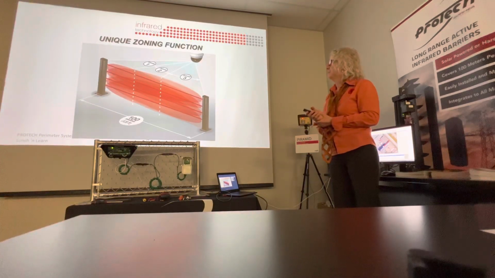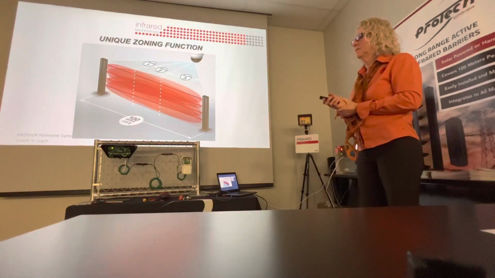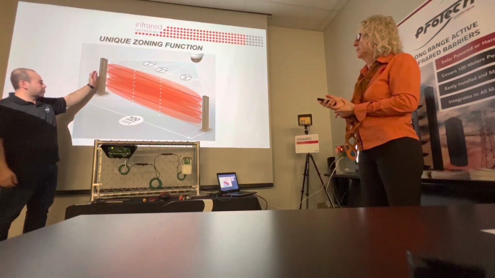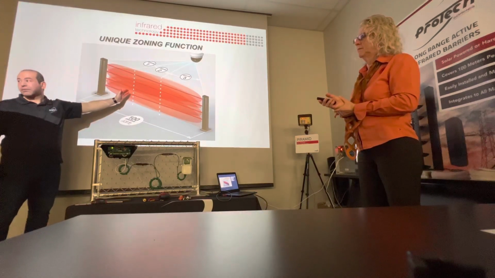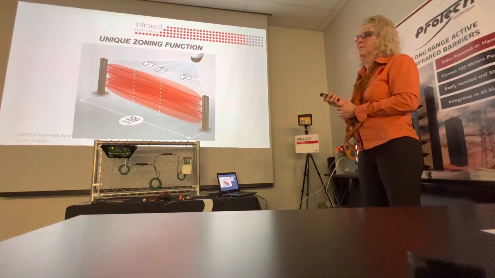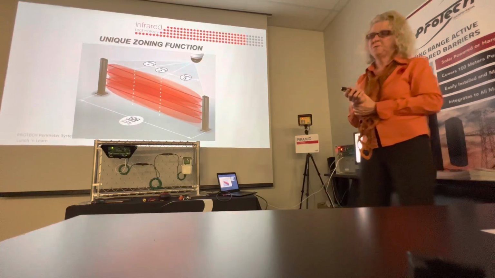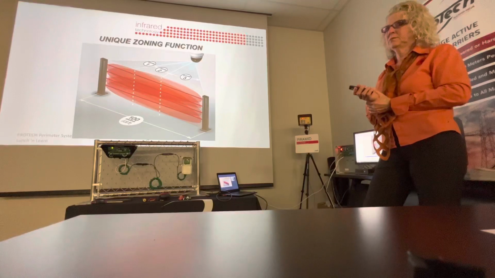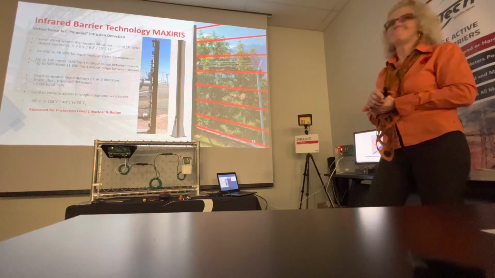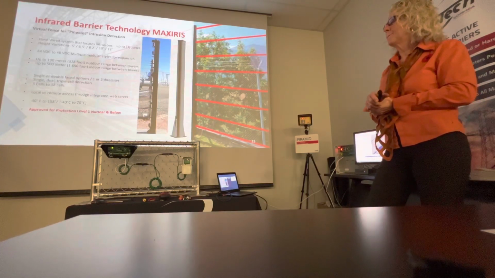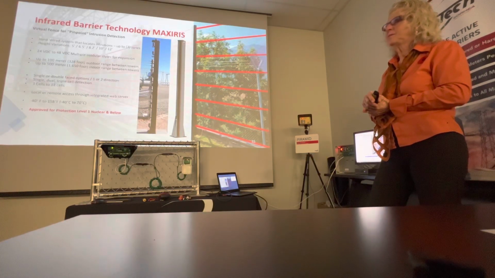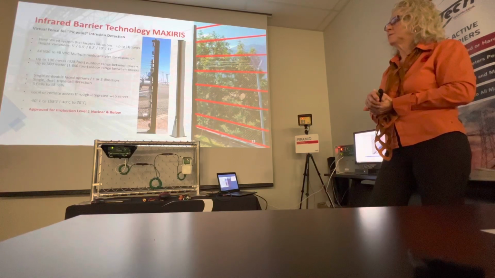So with the Max Iris product, we can create up to 3 independent zones between the 320. So you can set from the transmitter to the receiver from 0 to, let's say, 15 meters. So this is zone number 1, and keep going until you reach the 100 meters. This is not an obligation of reaching the maximum 100 meters. You can put 70 meters between. It comes with a floor socket. If you see behind, this is a metal floor socket. So usually we use a concrete base. We can also offer a PDF plan about the width that is required, and it comes with the bolts, everything that